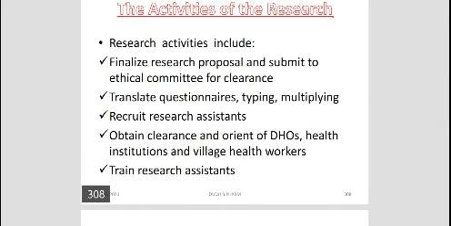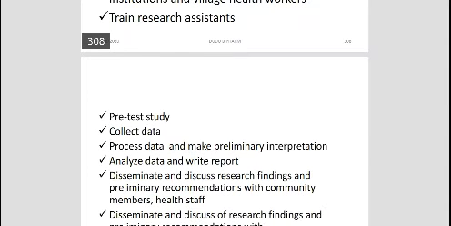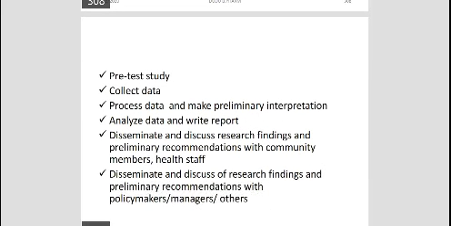Translate questionnaires, typing, multiplying, recruiting research assistants, obtain clearance and orient DHOs, health institutions and village health workers, train research assistants, pre-test, start collecting data, process data and make preliminary interpretation, analyze data and write report, disseminate and discuss research findings